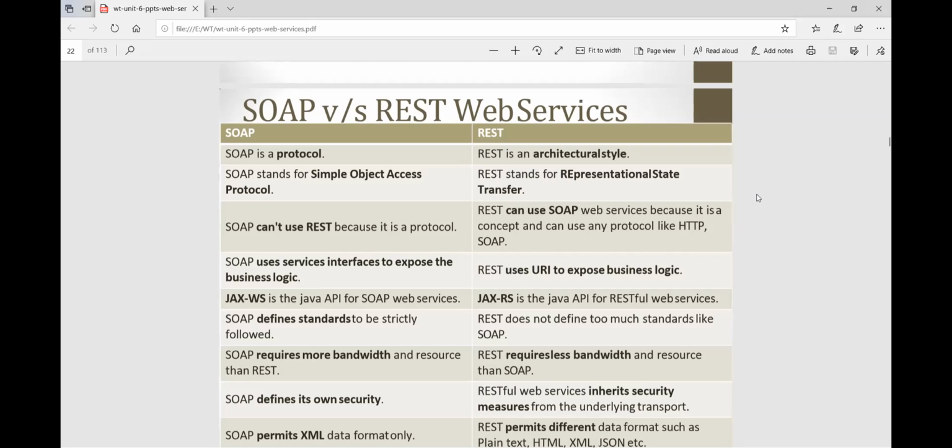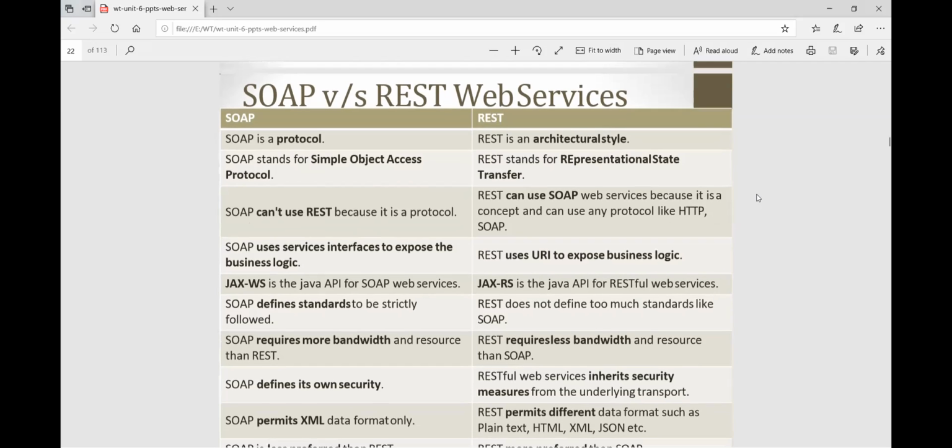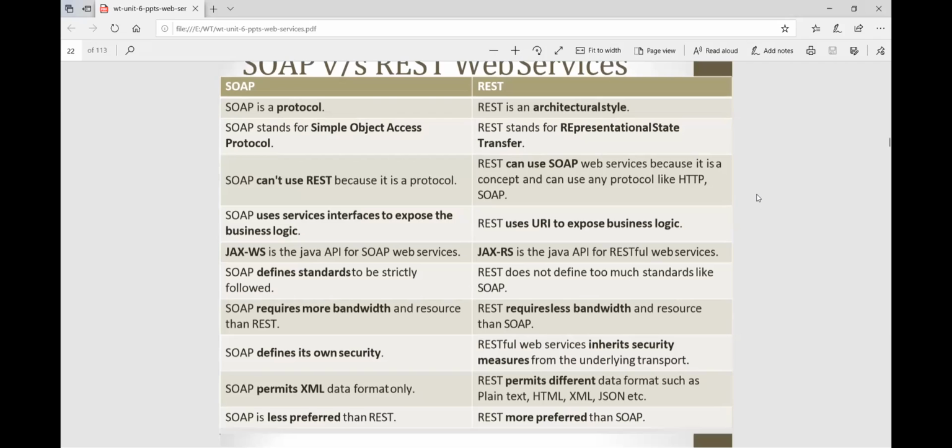SOAP defines its own security, but REST inherits security measures from the underlying transport. Then SOAP permits XML data format only, but REST permits all data formats, for example plain text, HTML, XML, JSON, etc. SOAP is less preferred than REST, and REST is more preferred than SOAP.